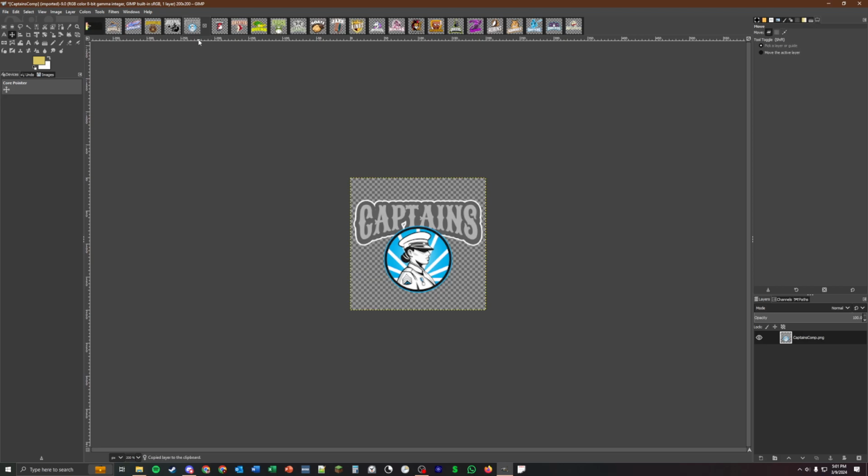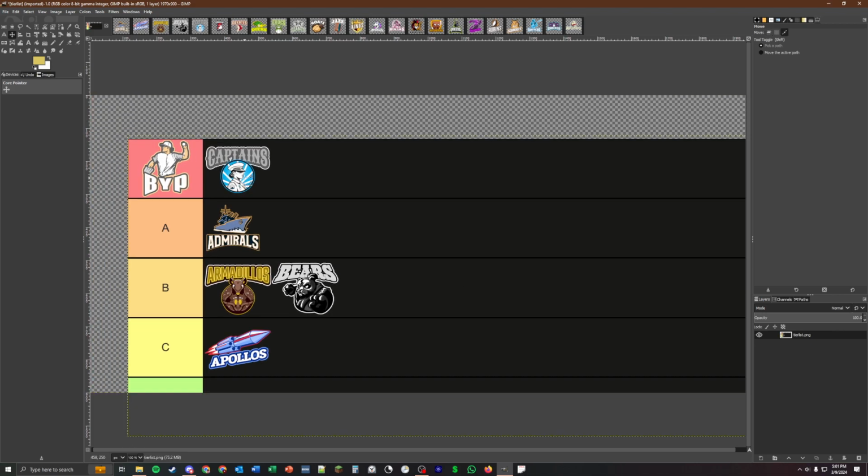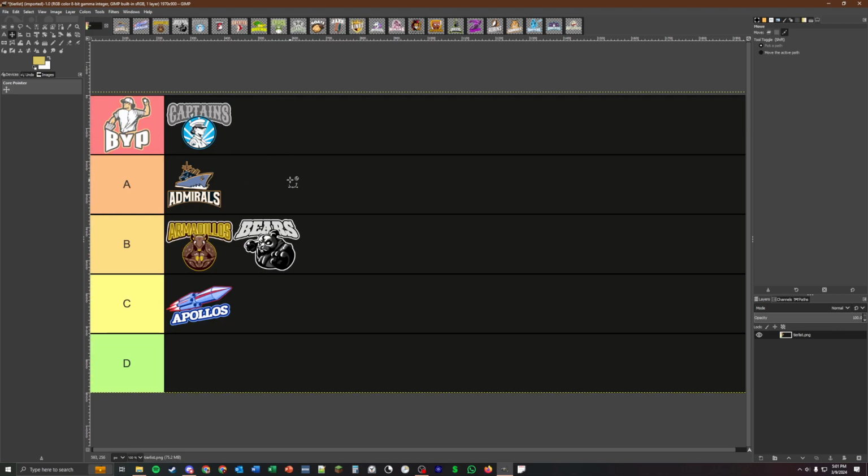Next one, the Captains. Oh, yes. Captains and Admirals, to me, are like peas in a pod. They are both very good icons. I'm actually tempted to put the Captains in S tier. I love their logo. I like their colors. Again, the only thing I could potentially change, and that's probably why I'm going to keep them at A tier,